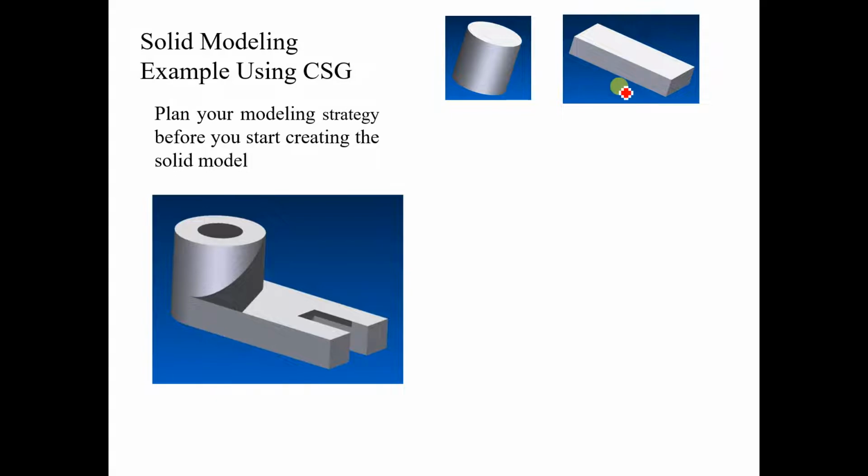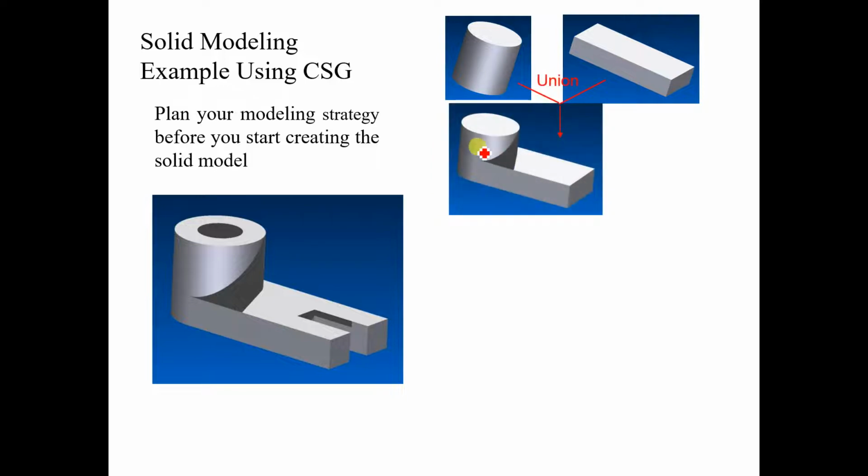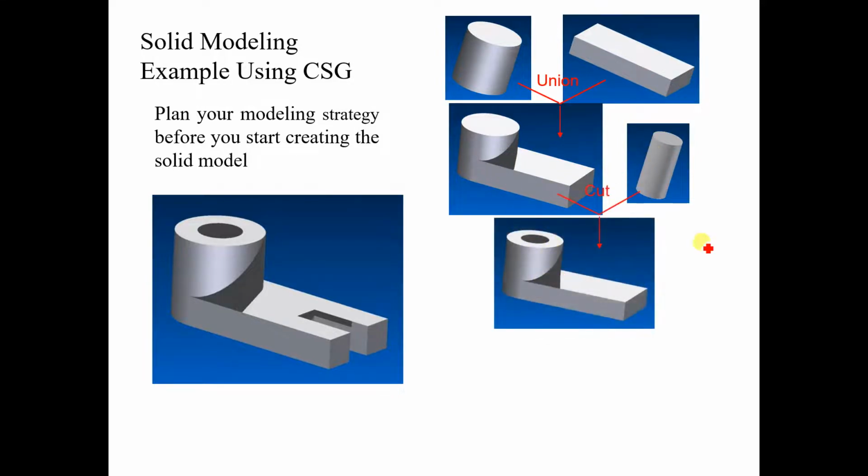So how to join these two? Union command. We will take these two and use the union command to join them into a single solid. Next we can take a cylinder and remove the material inside it by subtracting, or we can create another box, a cuboid or rectangular prism, and remove that material. So here we are creating a cylinder, and from this we have to subtract this.